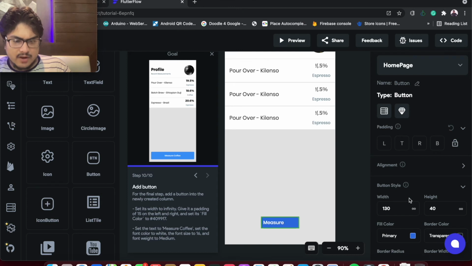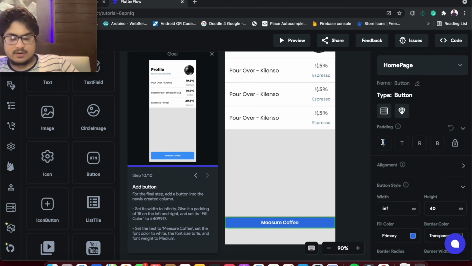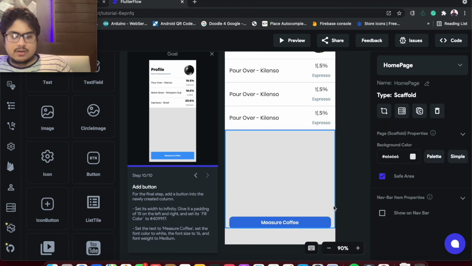Okay, we have to do it in center. So first we have to set it to infinity, and then we have to give it a padding, I guess. Yeah, 15 on left and right. Okay, so now you can see our button is here.